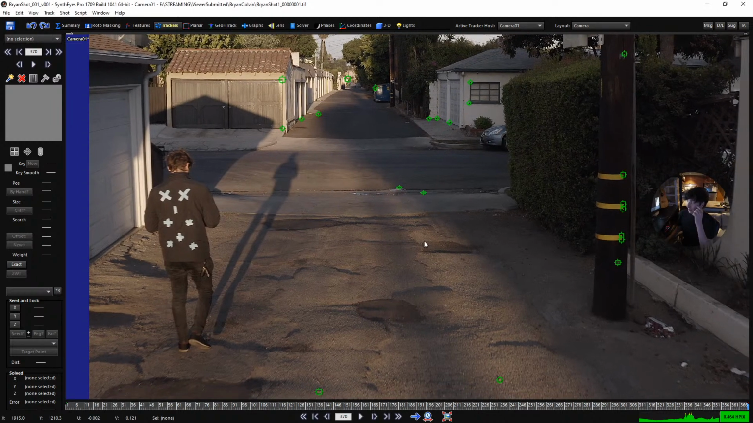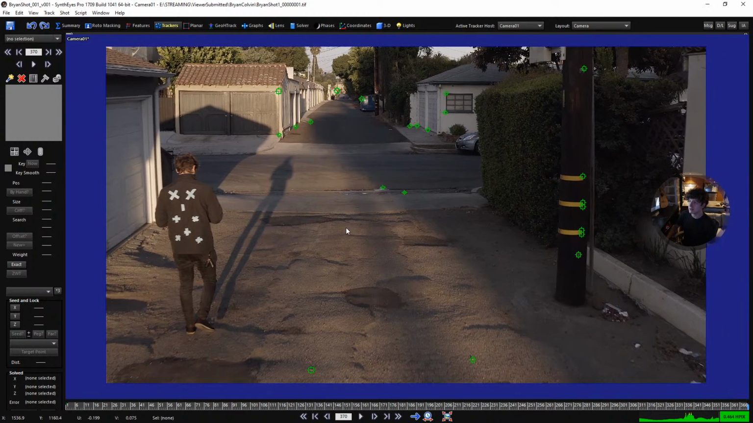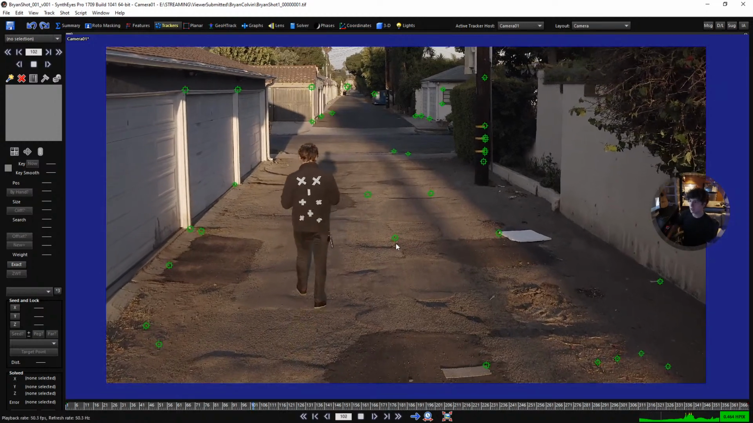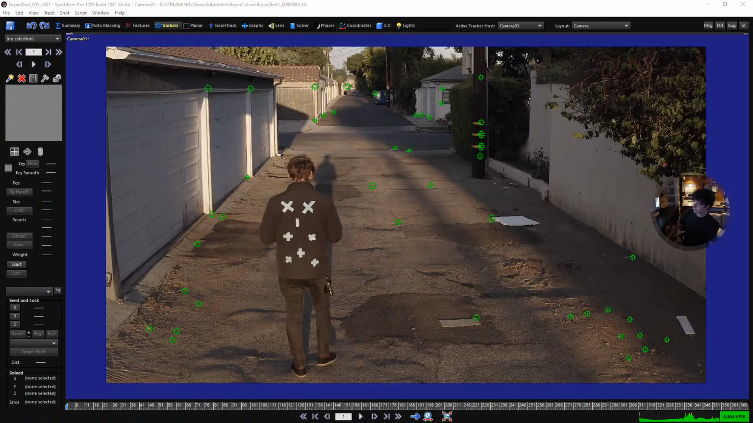All right, so I'm gonna go ahead and get started here. Get things going. All right, so I just tracked points. I didn't do anything special. I opened SynthEyes, I loaded in the plate, didn't do anything beyond that. So there is a couple points I am going to track because, like I said, Brian has provided,